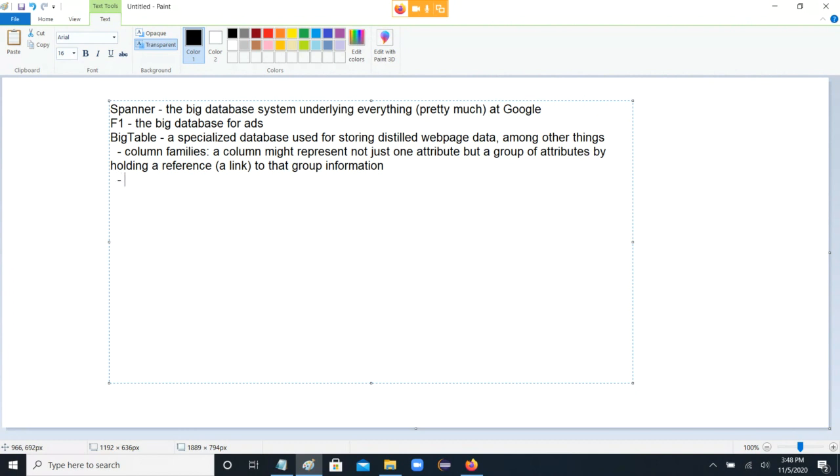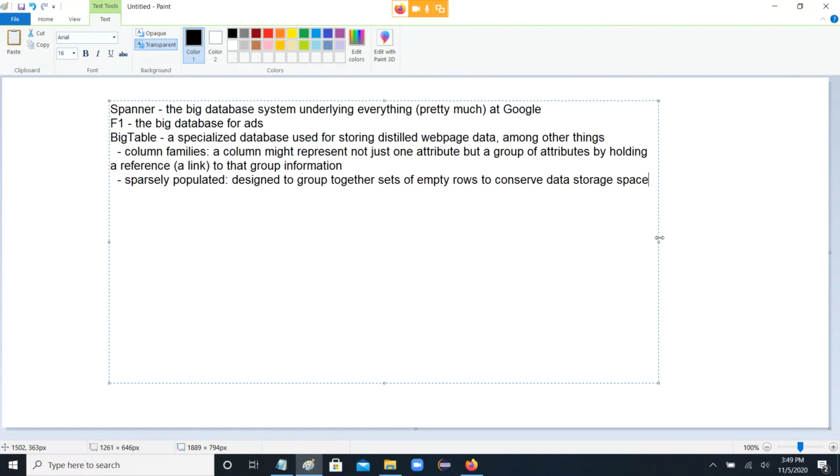Okay, that's one thing. The other thing is sparsely populated. It is designed to group together sets of empty rows to maintain space, right? To conserve data storage space. Okay. Which again, I'll add,